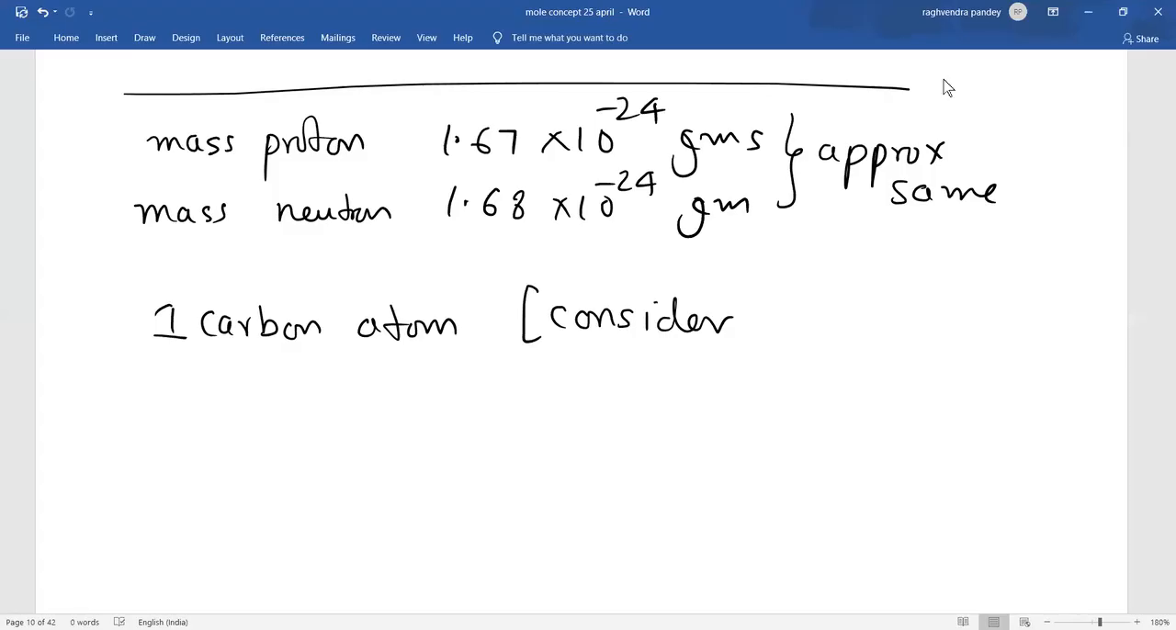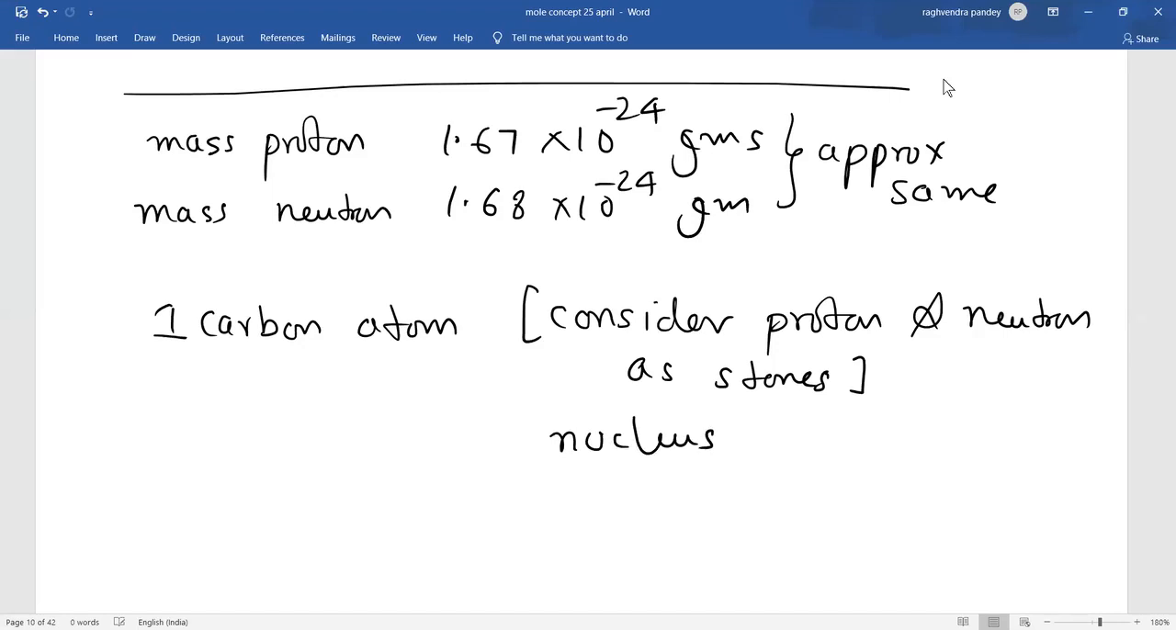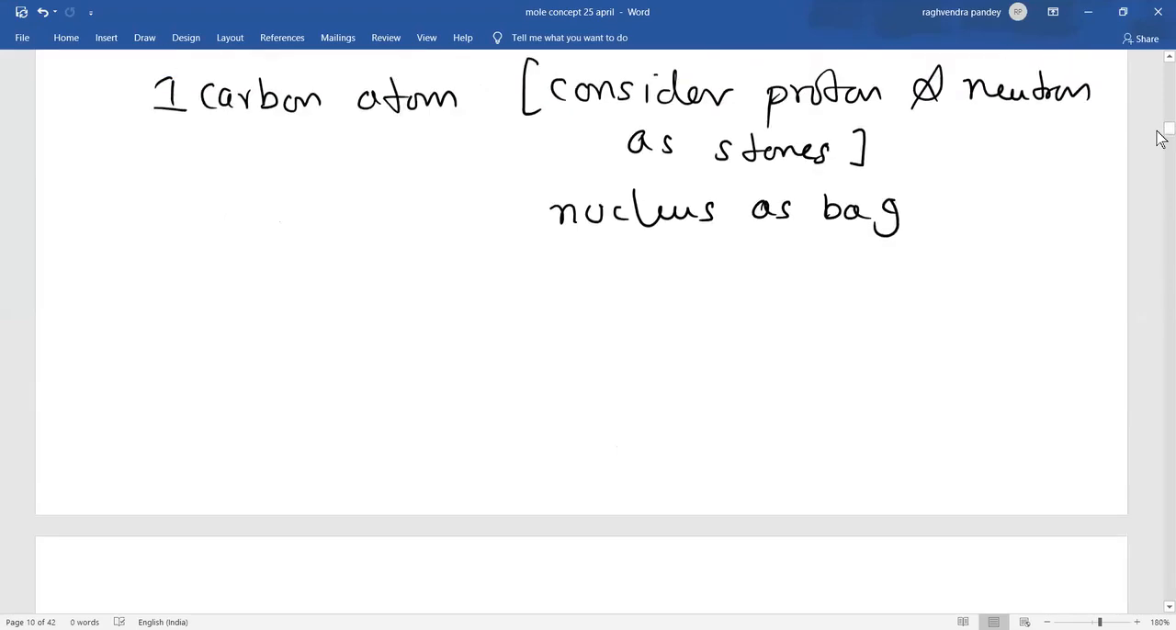Okay, so this is your mass of proton, mass of neutron. Now consider proton and neutron as stones, and nucleus as the bag. Nucleus as bag. Okay, this one. Got it? So carbon